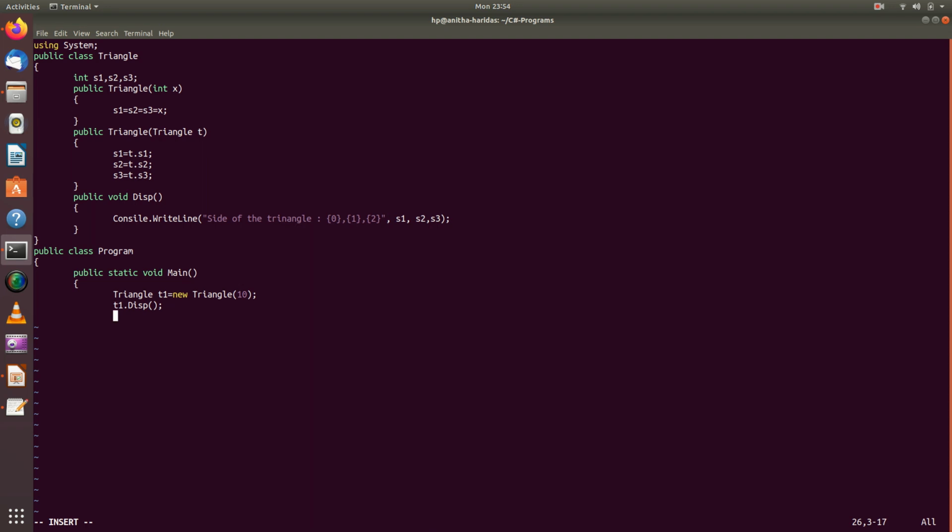Now suppose, say for example, if I am using T2 equal to T1 and I am declaring T2 dot display.